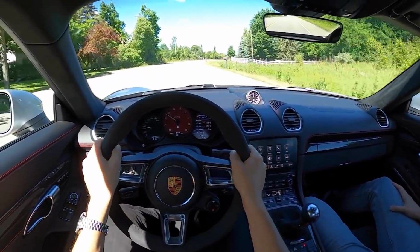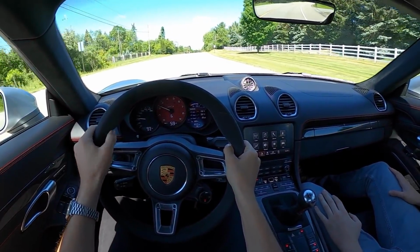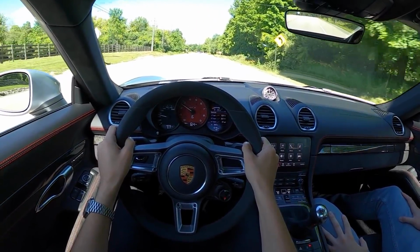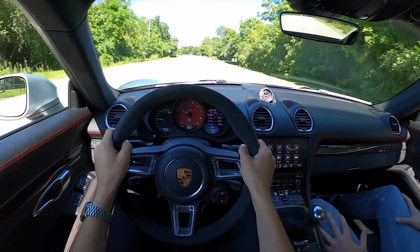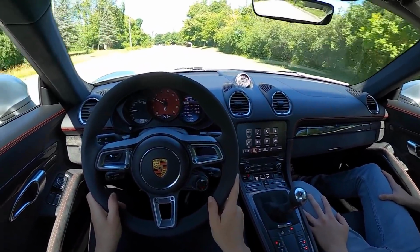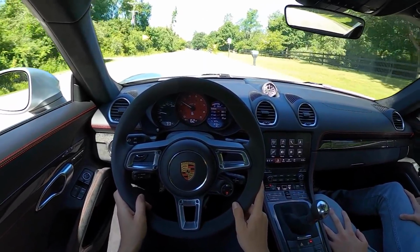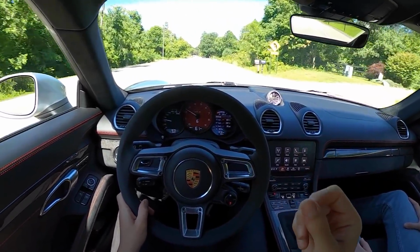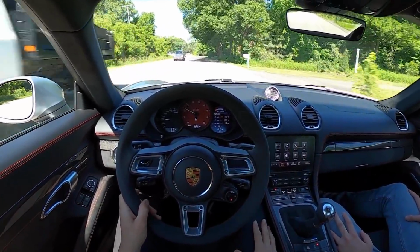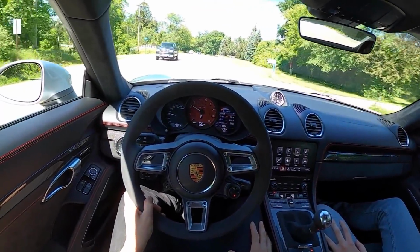There's just a magic to these flat sixes that Porsche just couldn't reproduce in the 4-cylinders. Yeah, this is definitely a big deal for enthusiasts that were sad about the 718 going to 4-cylinder. Yeah, no, I think it needed to happen. You're definitely paying a premium for it, but I think it's worth it. And if you just track the prices of Caymans over the years anyway, I think the 718 being a 4-cylinder...